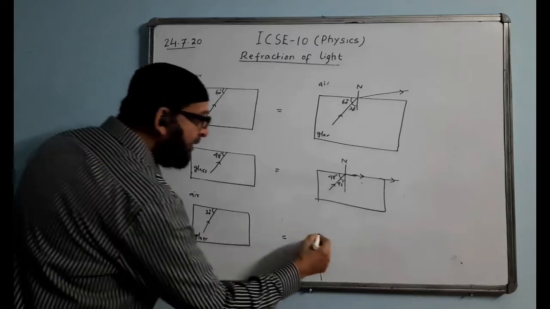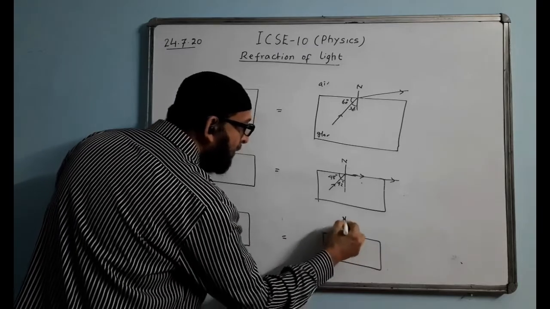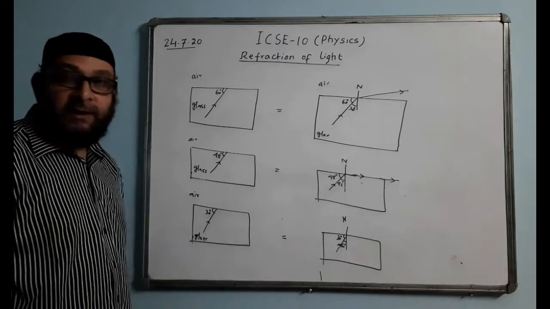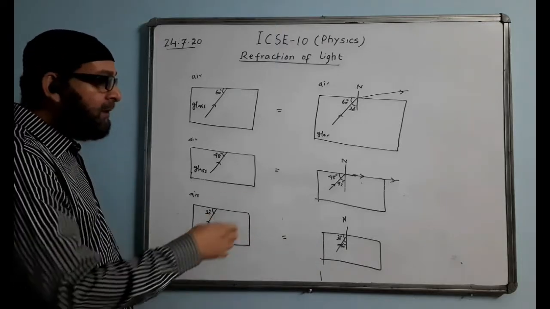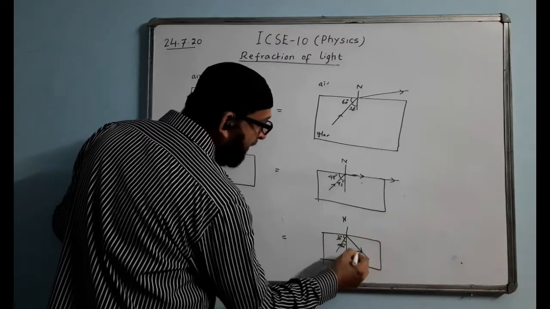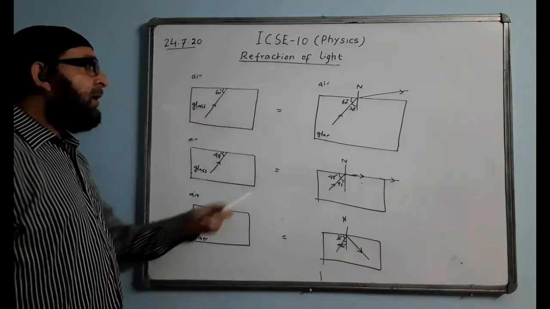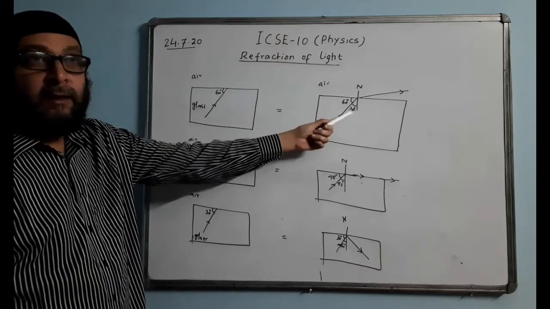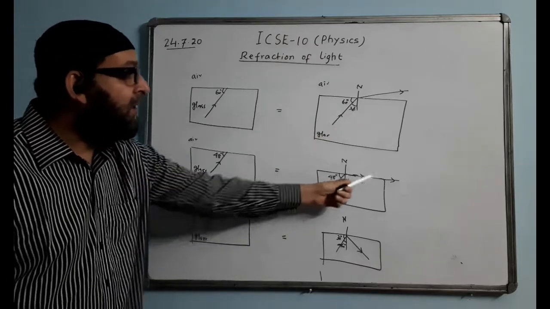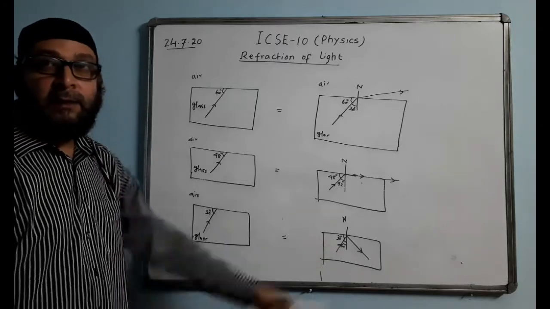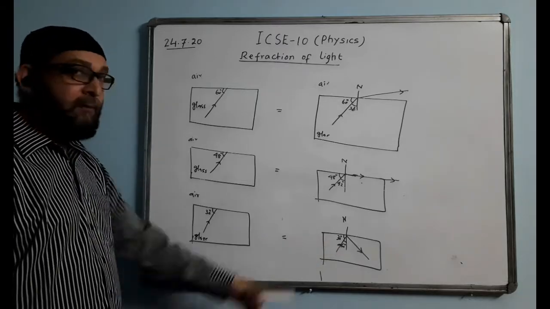Third diagram we'll see. We must draw normal. This angle will be 60 degree. 90 minus 30, that is 60 degree. So 60 degree is more than the critical angle. What happens now? TIR will take place. Now the TIR is taking place here, like this. Here the phenomenon is refraction because the angle is less than the critical angle. Here this is exactly the critical angle. And here it is more than the critical angle. That's why TIR, or total internal reflection, is taking place.